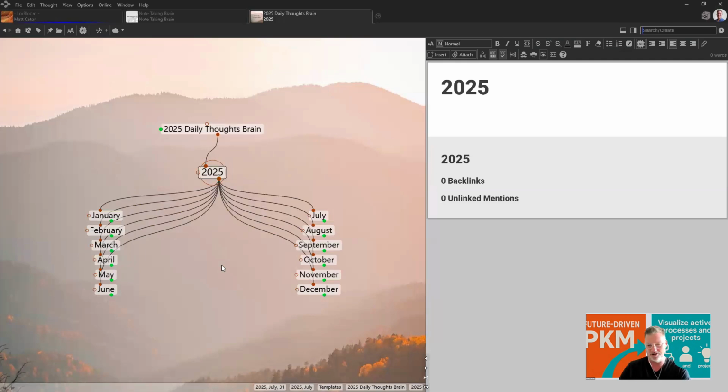Sometimes around January 1st or late December, I start getting emails in support saying, "Hey, do you have the 2025 brain ready quite yet?" There's instructions. I'll share with you where they are in this brain. There's instructions to recreate your own. But this is basically a brain with a thought for every day of the year, and it is perfect for journaling. This is the demo brain that I send out that anyone can use.